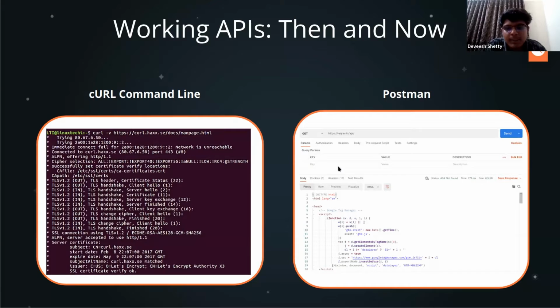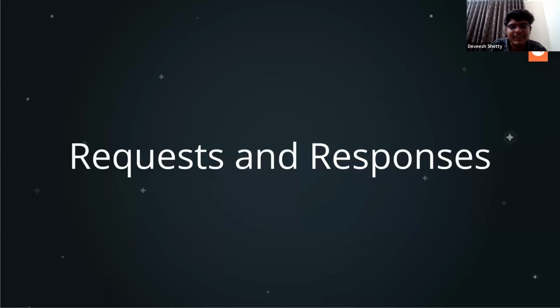But in Postman, this same curl command line is converted into a beautiful UI, where instead of typing a command, you can just paste the URL in this box. Then you can select HTTP methods, which I'll tell you about. Then you can just test it out, and here you will get the response showing what that particular API is doing. We won't understand what request and response are yet. Don't worry, I'll explain that in more detail in the next slides.